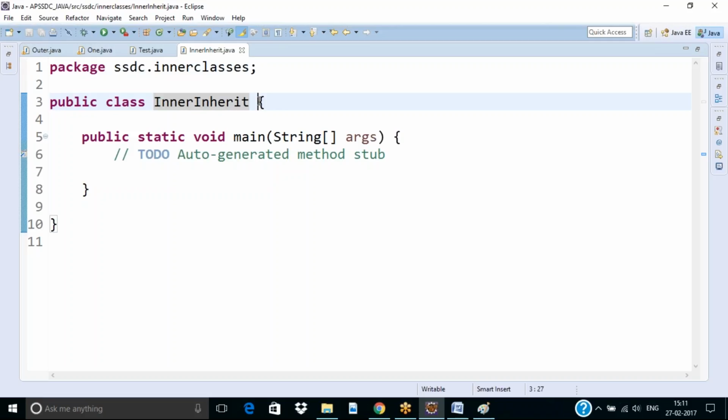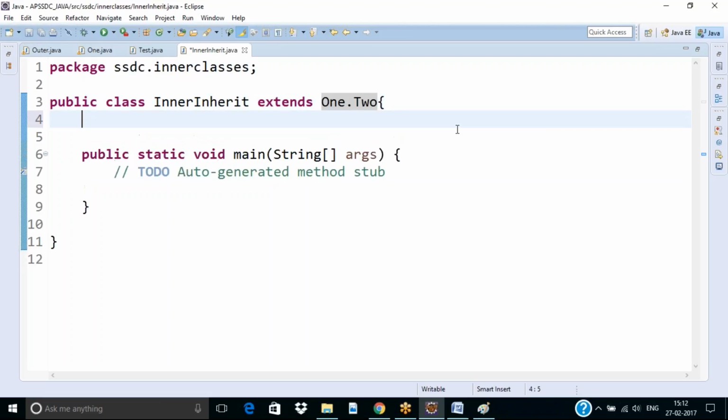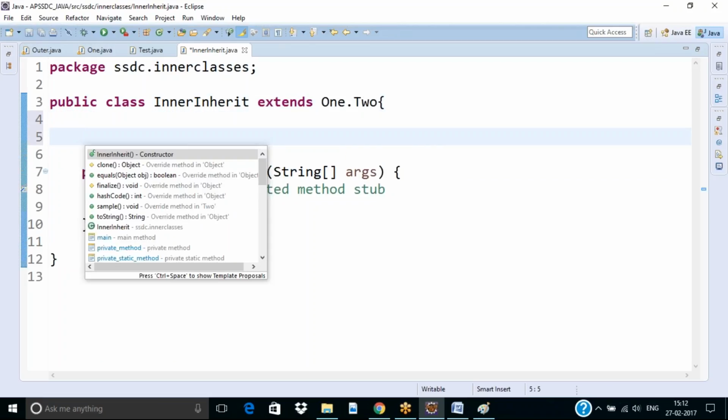See, I have a class. I just want to extend two class, but two is not a direct class that is available in one. See whether it is possible or not. జరుగుతుందా లేదా? Of course జరుగుతుంది. You know that you can override sample method,